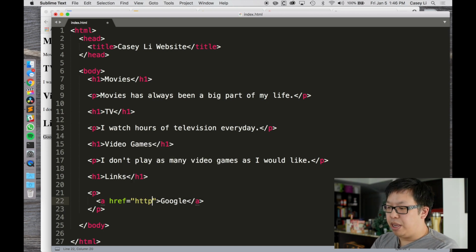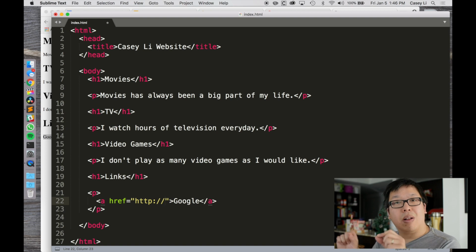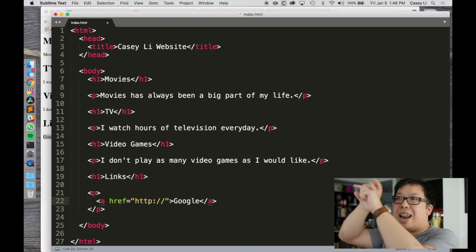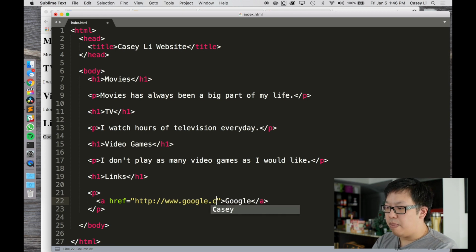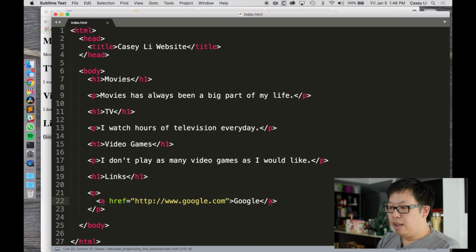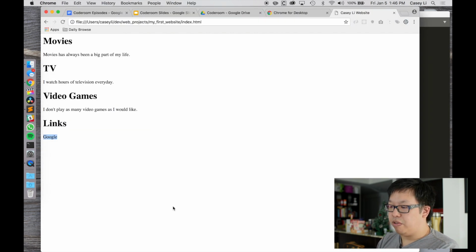So you type http://, so this is the URL. Or in other words, what you would type in that address bar when you go to visit websites, www.google.com, or .ca, okay? Let's save that, go back to the browser, refresh it, and you'll see now it's actually